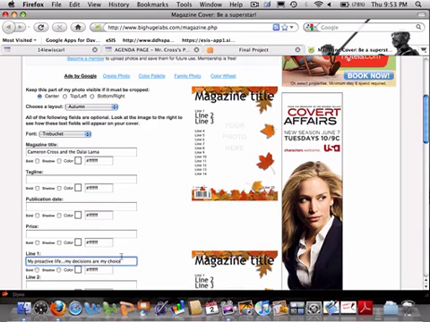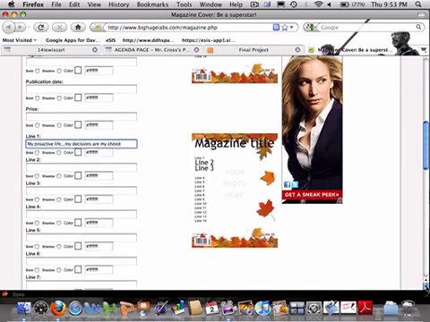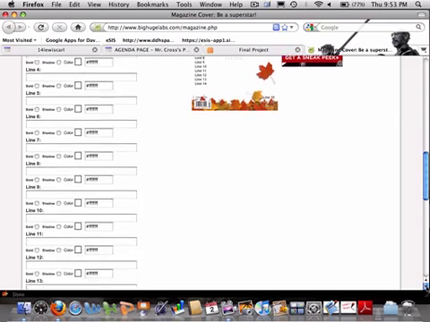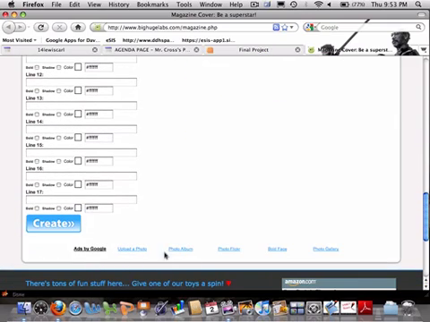You're going to do at least 6 headlines, and I would recommend that you not do them just right next to each other. You'll see line 1, and maybe you skip down to line 5, line 9. Give yourself some space, and as you do this, you'll see how it comes up. So, for example, let's say you have done an image, and you have some headlines in there. Scroll all the way to the bottom, click on the Create button,